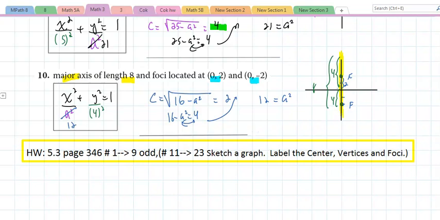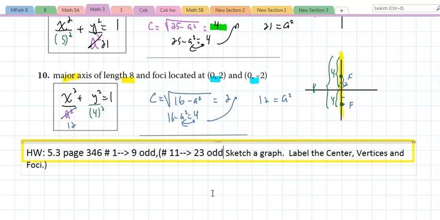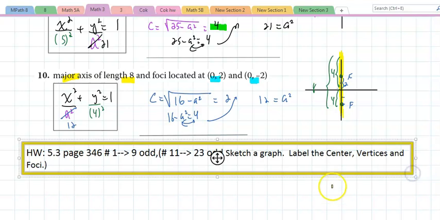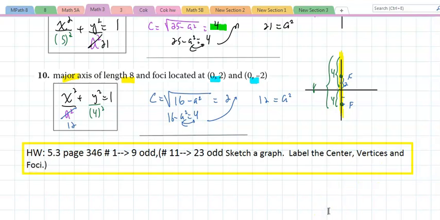And there's the homework, and in case you're missing that, number 1 through 9 you follow directions just like I did. On numbers 11 through 23, you're going to ignore all the directions in the book. You're going to take number 11, 13, 15, 17, 19, 21, and 23. And what you're going to do, you're going to follow this direction in the homework stating graph, label the center, vertices, and